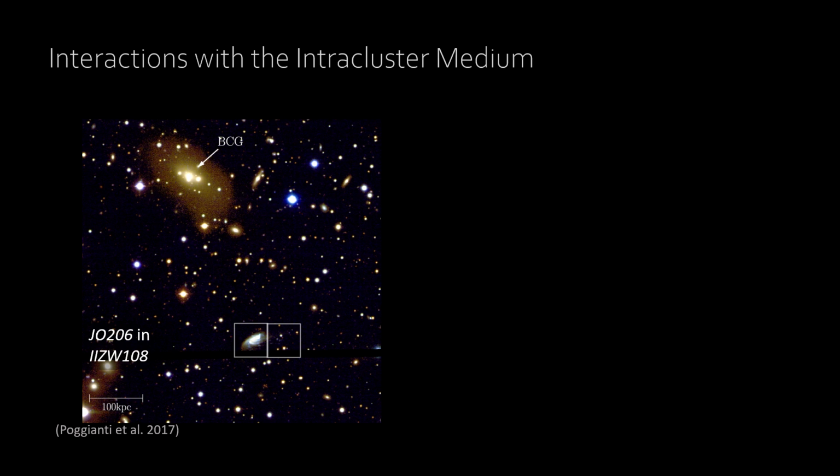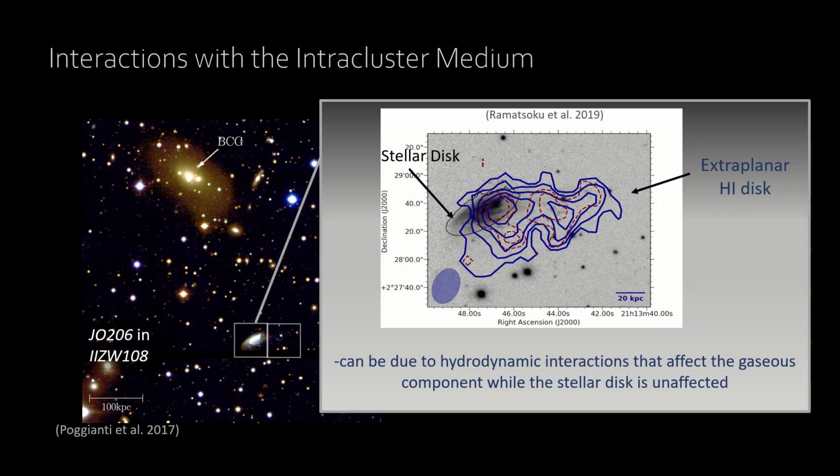If we look at the satellite galaxy GO206 in multiple wavelengths, we observe some interesting morphological features. The HI emission associated with the galaxy, shown by the blue contours, is highly disturbed, forming a long tail of neutral gas, while the stellar distribution is relatively unperturbed, as seen in the black contour. This suggests that there is a hydrodynamic interaction going on which affects the gaseous component of the galaxy while the